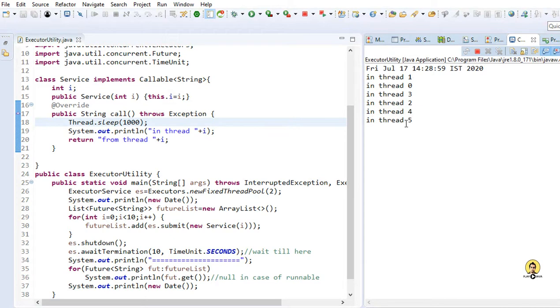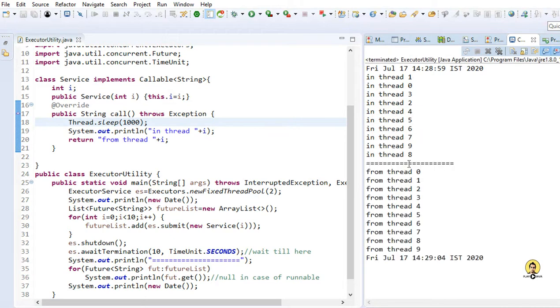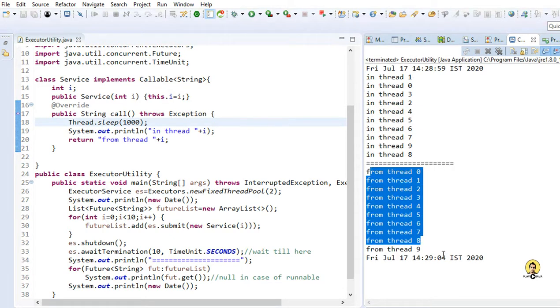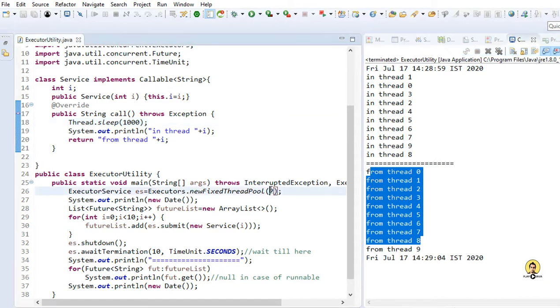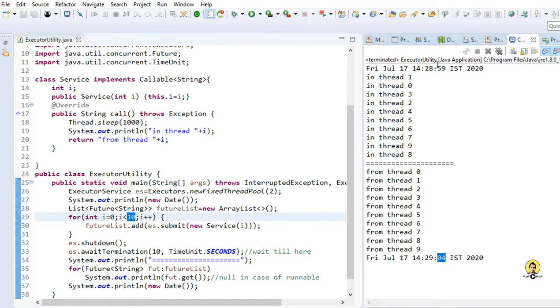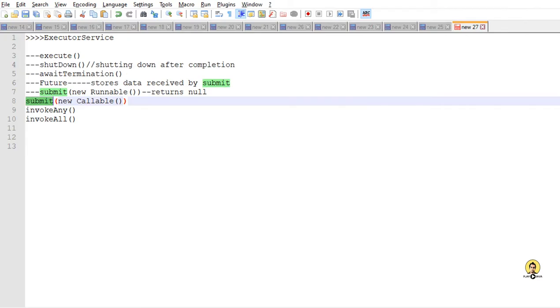See, 2 threads are executing every time because we have 2 worker threads, and after the execution we receive data from the future list. So 2 threads were executing and doing the task for 10 tasks. We have a 5 second difference, and the difference of 5 seconds is coming because of 10 tasks for 2 worker threads.